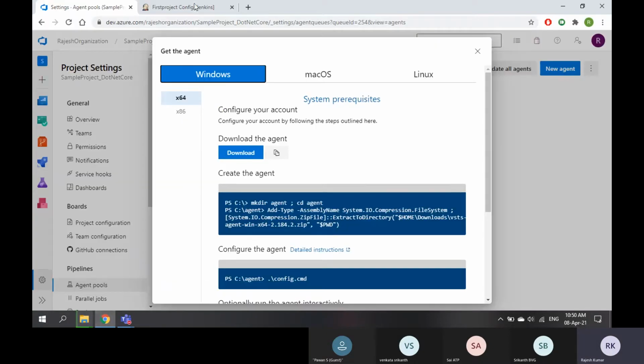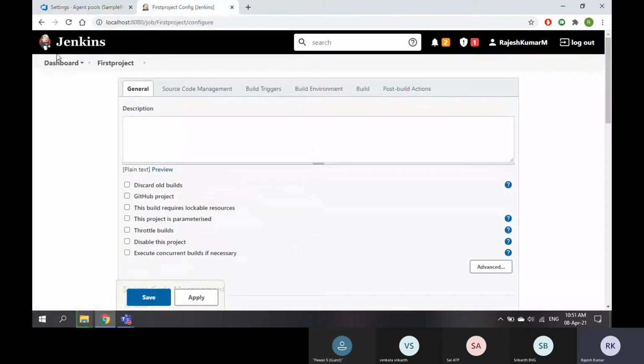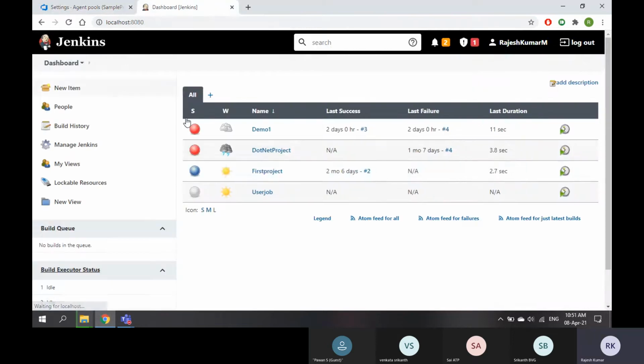Meantime, let it run. Now in Jenkins, I told you, when you install Jenkins on one server, whatever job you are running on the Jenkins server, all the source code will be dumped into that one server. Today I have only 4 jobs. Tomorrow it might go to 100 jobs. And coming to the source code repository, it's not like every repository is 5 MB or 10 MB. There are some source code repositories which may go more than 1 GB also.